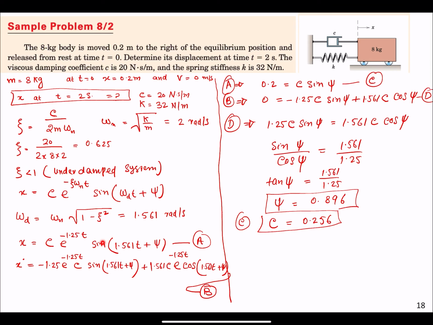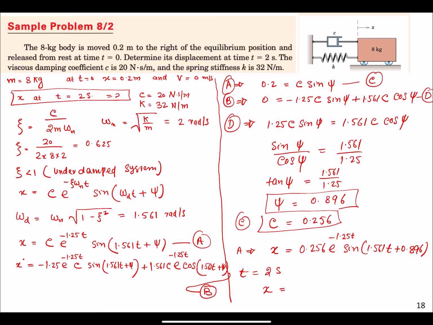Okay, now that we know C and psi, we can put them back in our equation for the displacement, which is equation A. So x equals C, which is 0.256, times e power minus 1.25 t, times sine of 1.561 t plus 0.896. We just put the value of C, which is 0.256, and the value of psi, which is 0.896. Now if you put t equal to 2 second here,